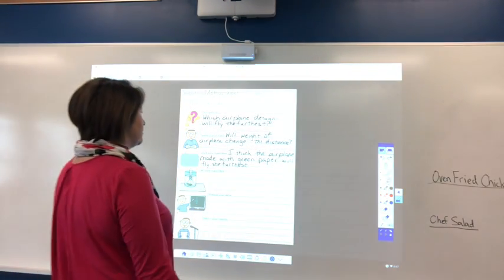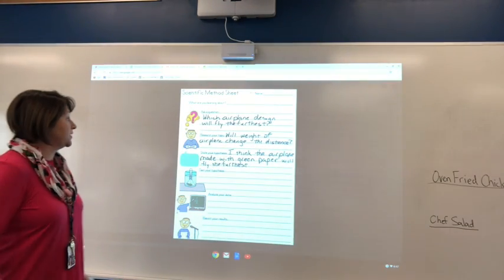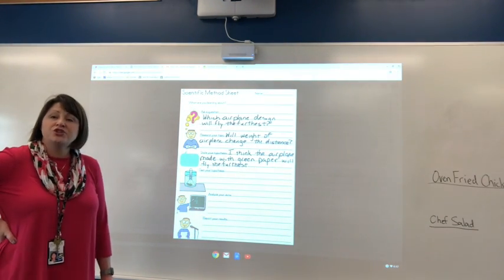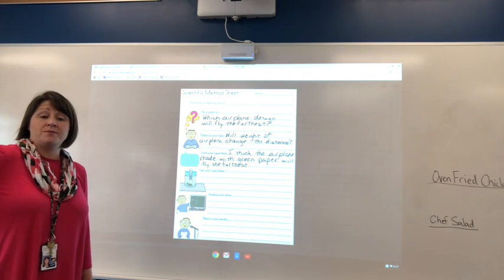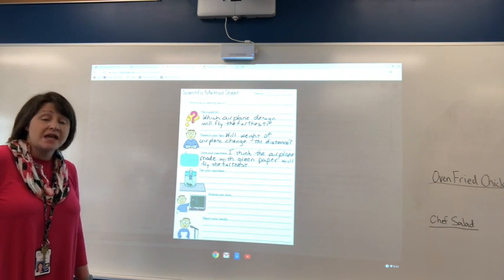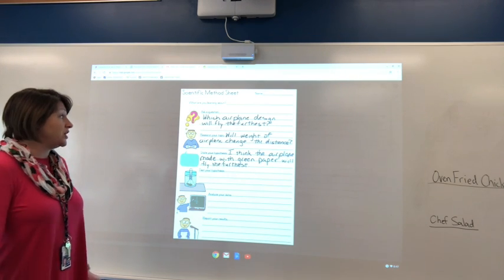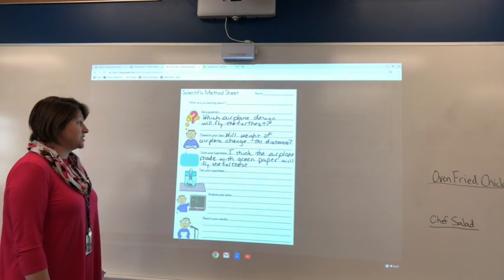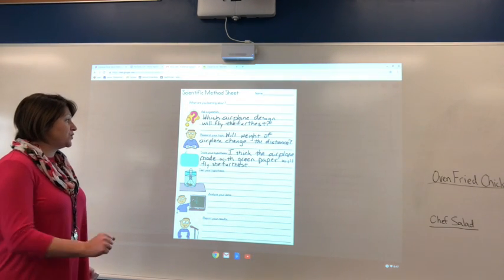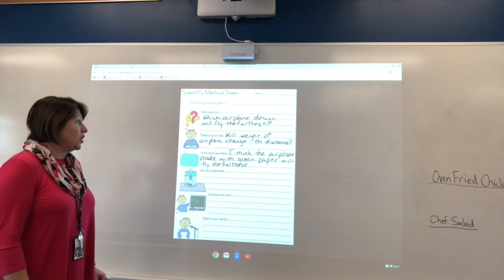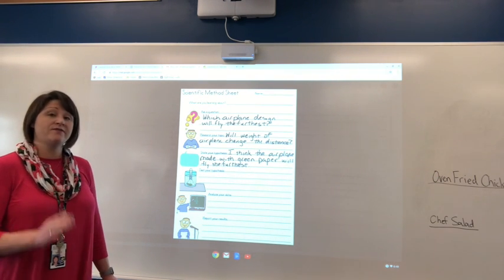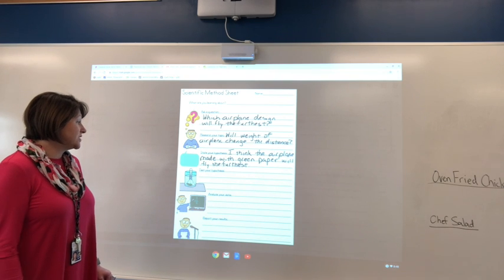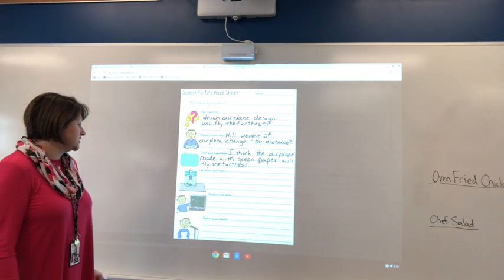We researched our paper airplanes. We saw that maybe changing the weight or the different types of paper or adding weight, such as a paper clip or tape or something like that, could change the distance of the airplane. So the hypothesis, I think that the airplane made with the green paper will fly the furthest. So now we're going to test our hypothesis, and then we'll go through and we'll analyze it, and then we'll